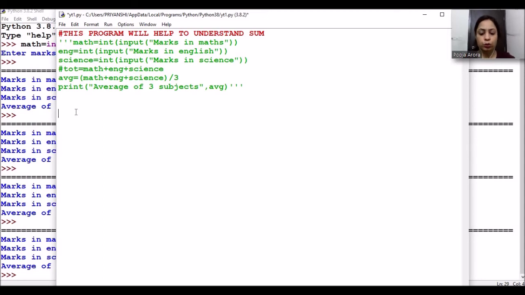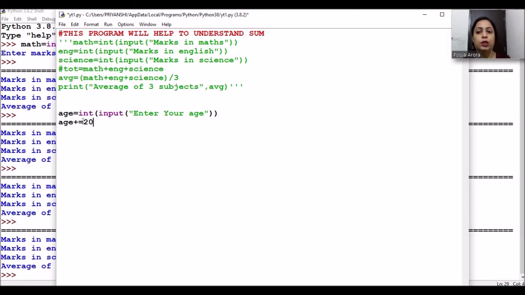Okay, so what will I do? I will say age equals int input. Now here I have to again use the typecast because I know I want to do the calculations on the variable age. So I am saying enter your age, and I am accepting age. Now what I am saying, age plus equals 20. Since I want the age after 20 years, whatever is the age presently entered by the user, 20 will be added into that.